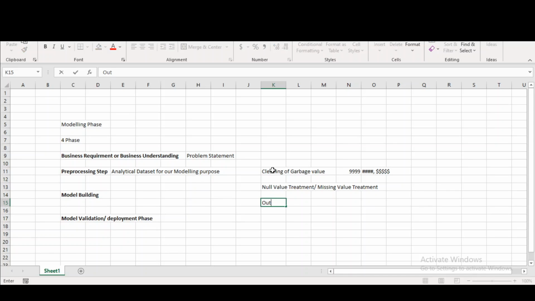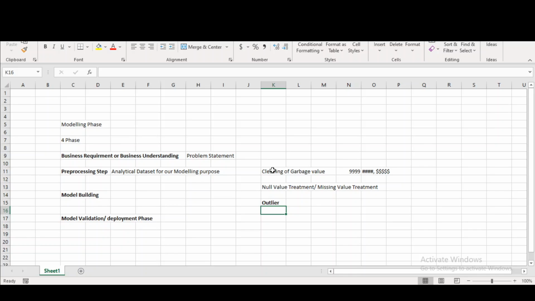The third thing is outlier treatment. If we see any erroneous values in our data set, we would be trying to remove those values, or we will try to transform that value so that it comes into the range of all other observations.